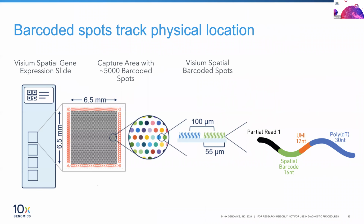How this technology works is that we take special DNA barcoded oligos, similar to the 10x gel bead, if you're familiar with that, and spot them onto an area on a glass slide. So you can think of that 10x gel bead smushed onto a glass substrate. Each spot has millions and millions of oligos, each having the same unique 10x barcode. This barcode will differ from spot to spot on the glass slide, and it is known which spots have which barcodes. So very similar to the single cell technology, but where the 10x barcode in that context was used and considered as the cell ID,